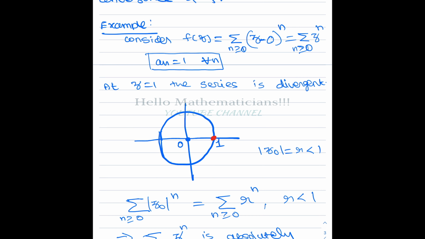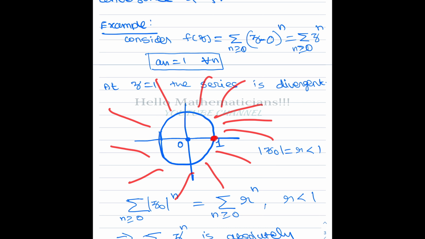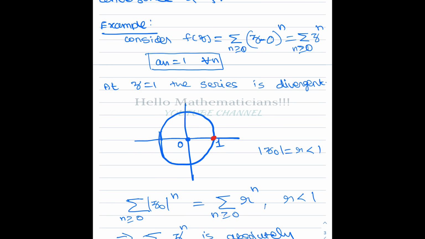If at that point the series is divergent, you draw this circle with the center at the origin and radius this length. Now outside, everywhere, we know the series is divergent, because once at one point it is divergent, we always look at the outside of the circle. Outside the circle it will be divergent. Now we want to answer whether inside it is convergent or not, and on the boundary we want to check whether it is convergent or not.